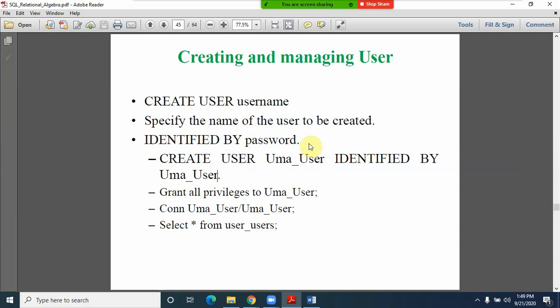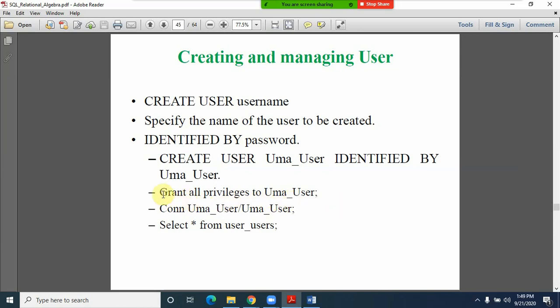Now after creation of the user, to perform any kind of activity, we need to have some kind of privileges, friends. What do you mean by privileges? Permissions, maybe for insertion, updation, deletion, creation of a table, dropping of a table, or dropping of a column, altering of a table. All these things require certain permissions. So as to perform those activities, we need to have the privileges.